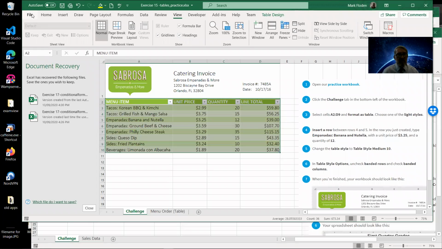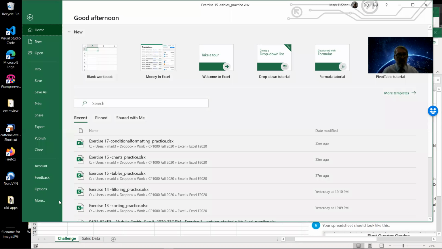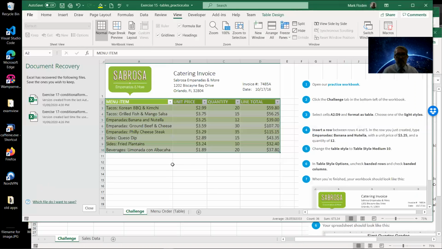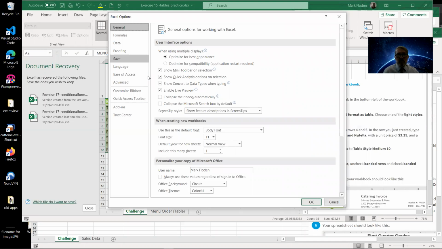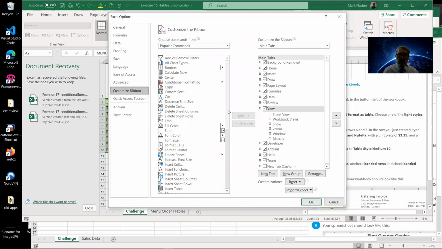And how you can add it is you go to the file menu and go into the options. And in the options, there's things that you can add there, right? So what you would do is go to a customized ribbon. And in the customized ribbon, you can choose commands. Make sure you choose all the commands. And you'll have to go into the main tabs, and